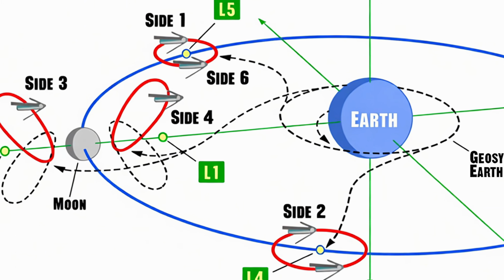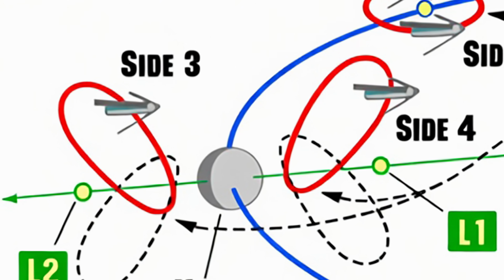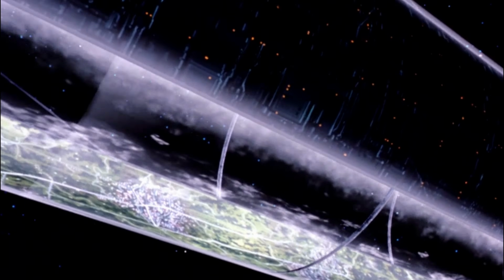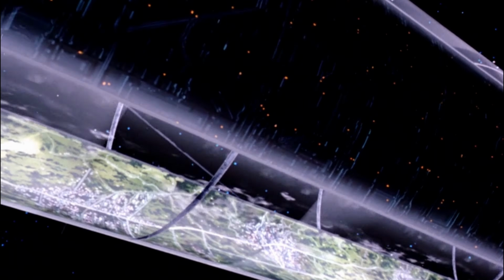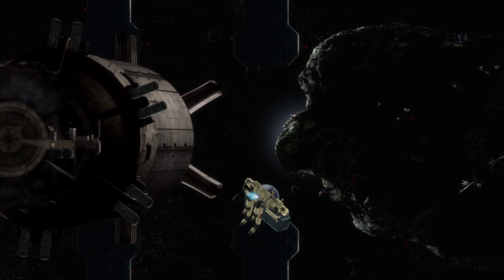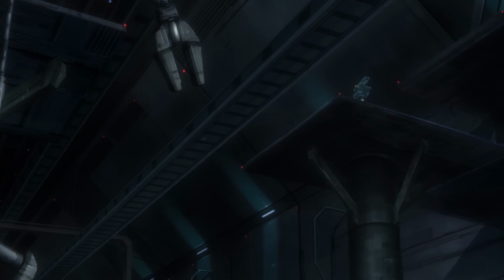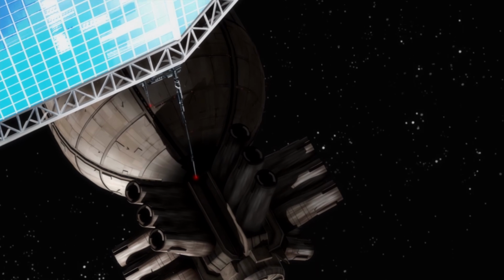Built at the second Lagrange point, Side 3 would be the farthest colony from Earth, residing beyond the Earth's moon, and comprised primarily of a new type of colony known as a closed type, as compared to the open type colonies of Sides 1 and 2. The adoption of this new form of colony stemmed from the logistics involved in creating Sides 1 and 2, which involved complex systems and technologies to create and use the windows and mirrors in open type colonies.